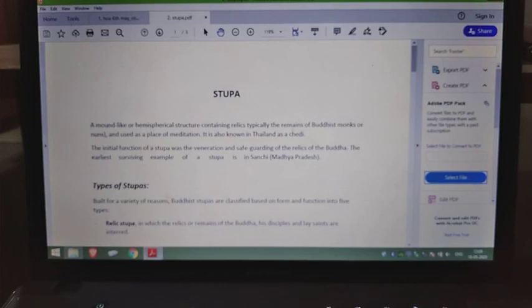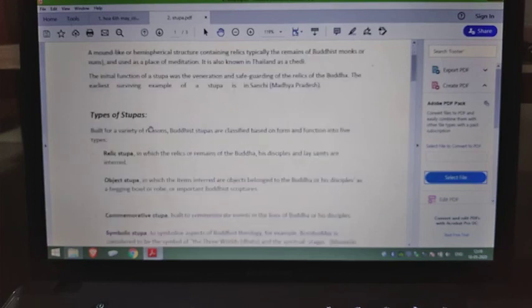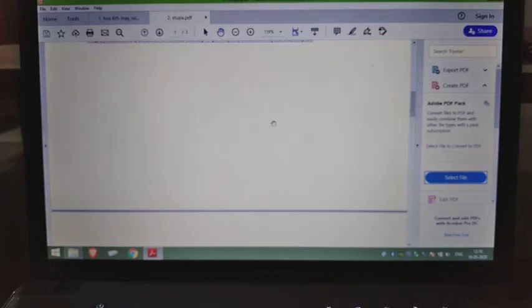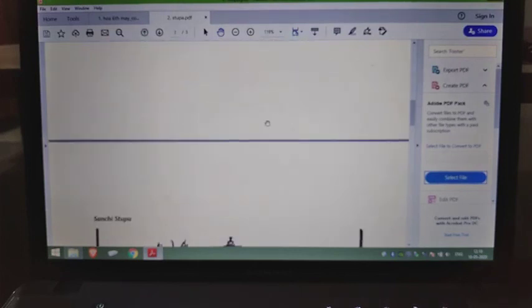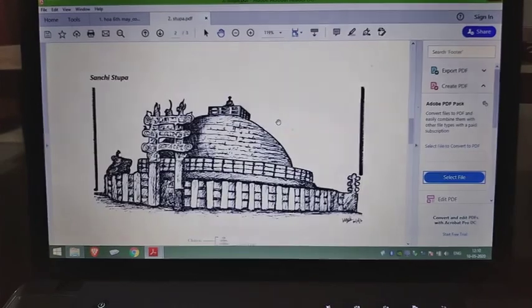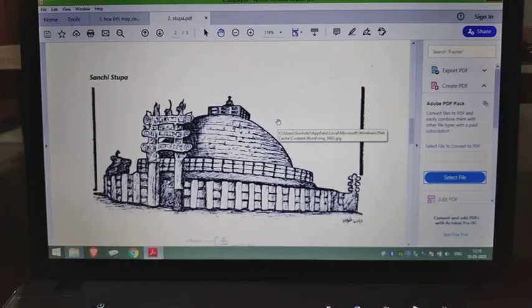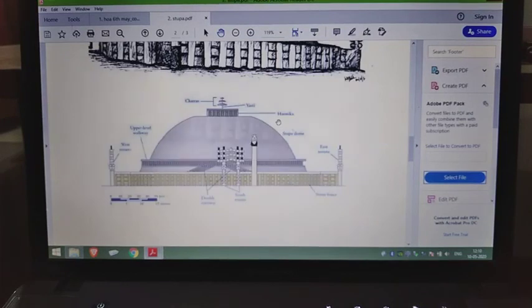So stupa, you can easily see the definition वगैरह, you can read it, and then there are a couple of different types of stupa, and if you are still interested in reading about it, I have put a link over here. You just look at the link, and it will give you a much more detailed explanation of how a stupa is to be perceived, right? But as far as we are concerned, Sanchi stupa common hai. This is, I think, the easiest possible way to make a sketch of it.